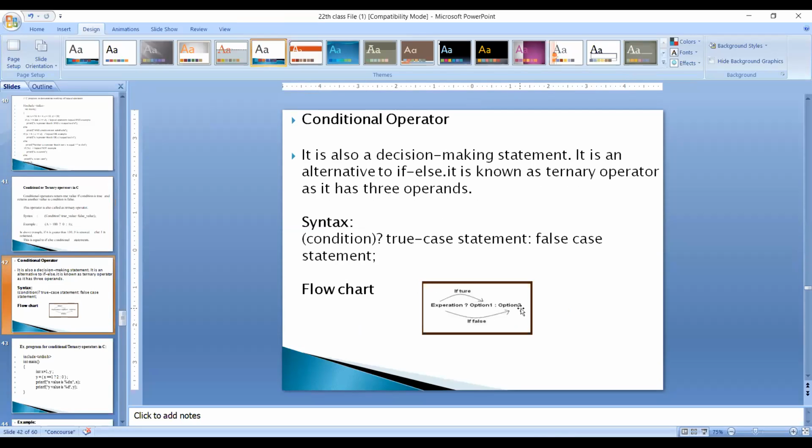If the expression is true, the result will be option 1. Suppose the expression is false, the result will be option 2. That's all. I will take one example and explain.